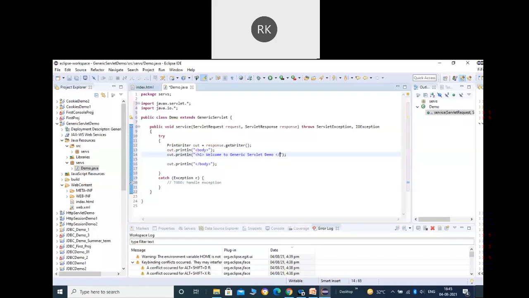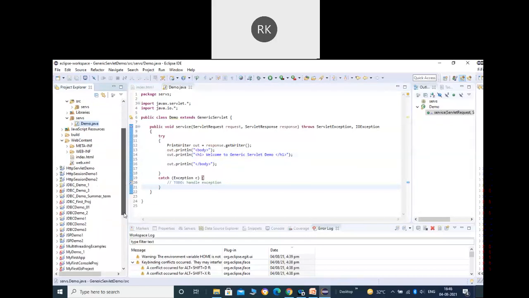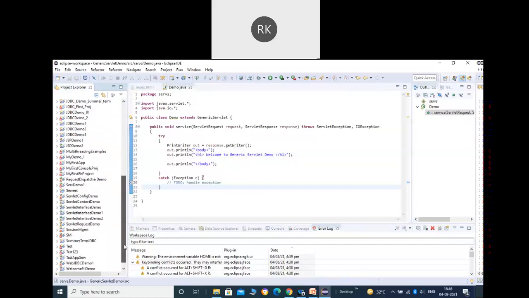You can define it with the html first, and within that the head and the body, but I'm having the body here. It is HTML5 syntax, so we can have the body directly. And let's add a heading here: Welcome to generic servlet demo.